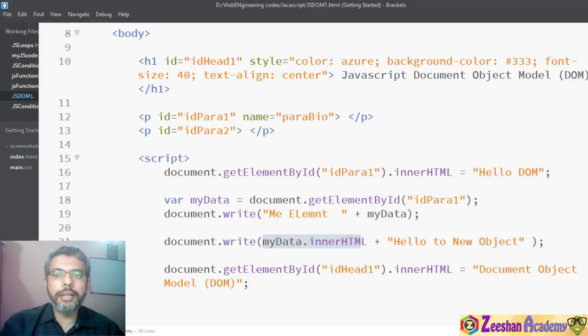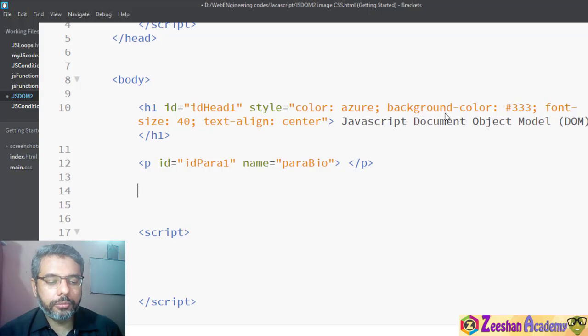Similarly, we can do another example as well. We can get an HTML element by its tag name as well. So now in another example, let's use JavaScript to change the basic content of your image. For example, we have some image placed on our web page. Let's change that based on a certain event using JavaScript. Same principle that we have adopted previously.